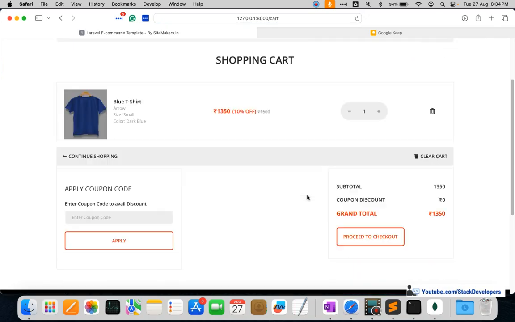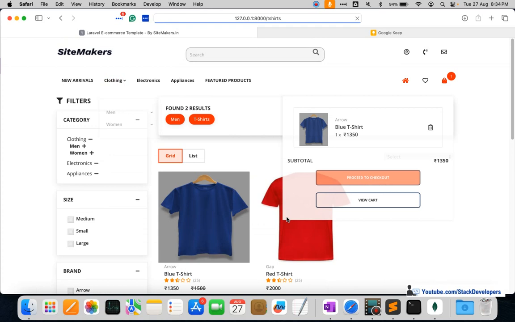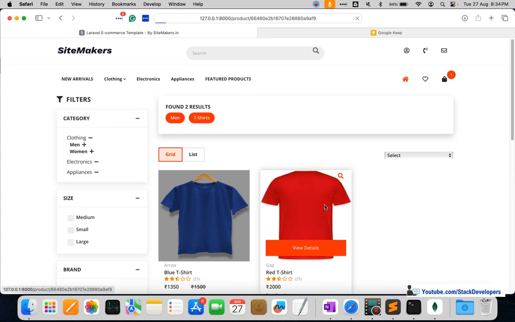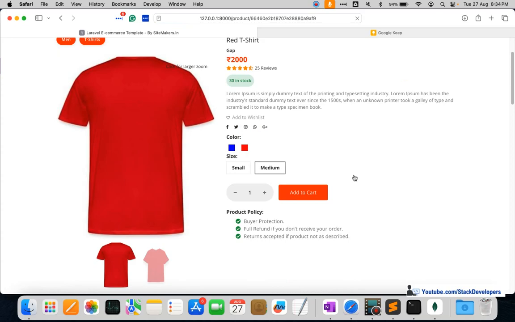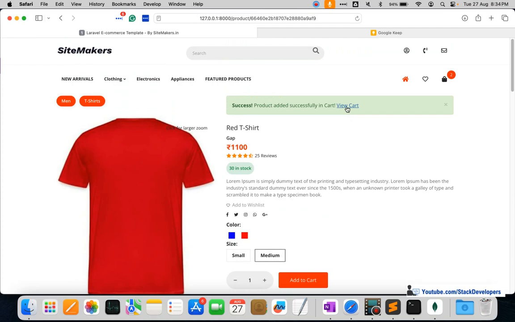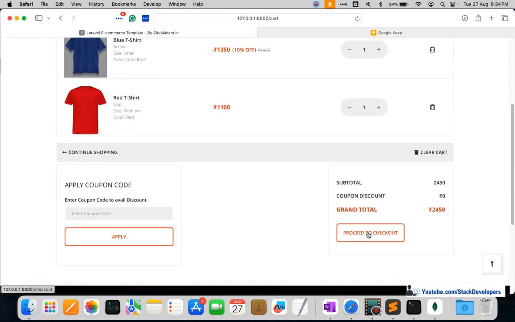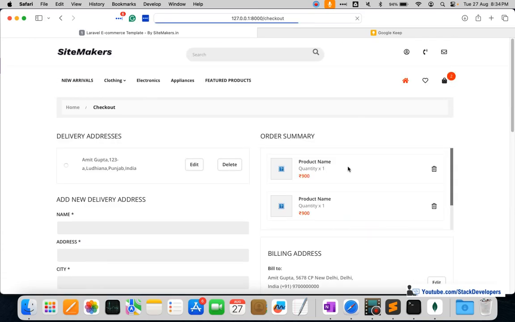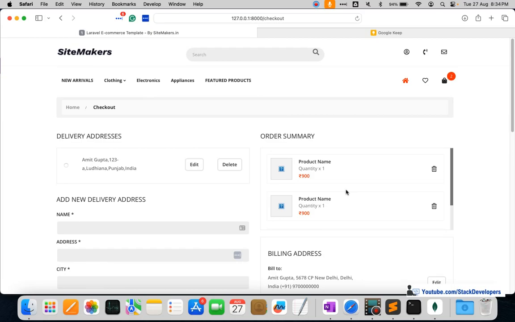So here you can see one of the products is already there. I'm going to add one more product. So you can see there are two products now in the shopping cart. Now I will proceed to checkout, and here you can see that right now we are displaying statically, but now